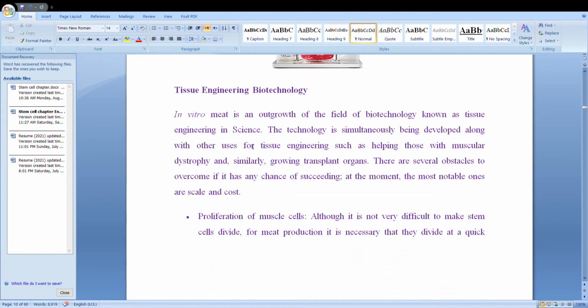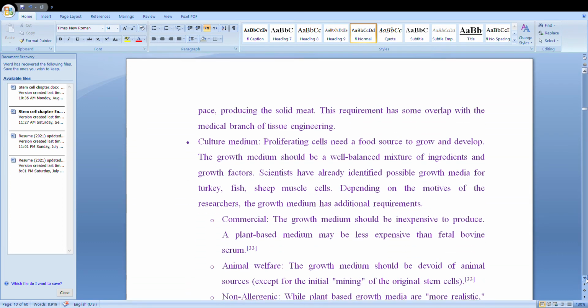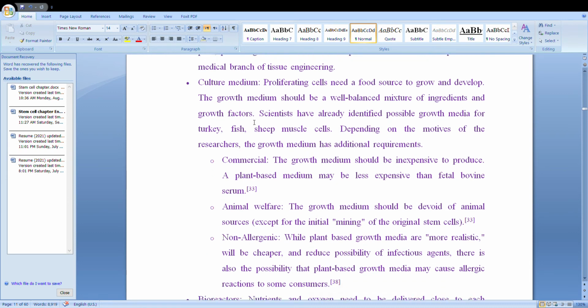Tissue engineering, biotechnology. This is for tissue engineering, biotechnology also. We can see proliferation of muscle cells in the laboratory. We can produce, though the technique is the same for plant cells, animal cells, and human cells, the mode of action or purpose is different. We can see there in detail the commercial aspects also now. Scientists are trying to produce commercially